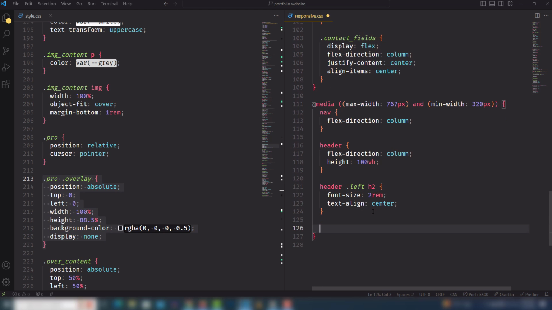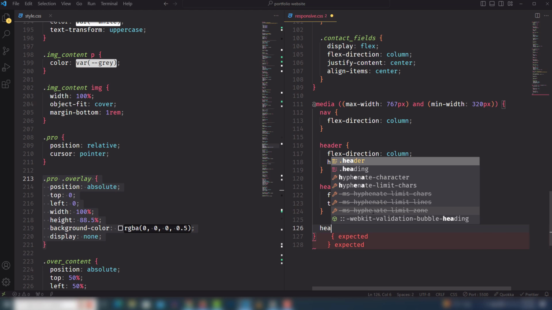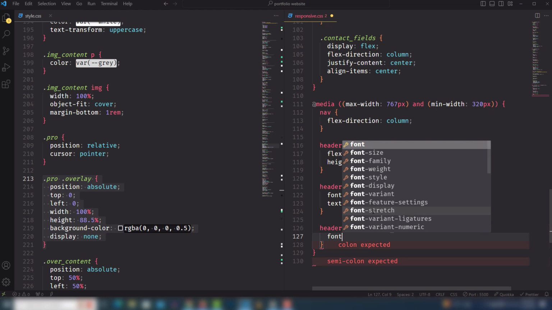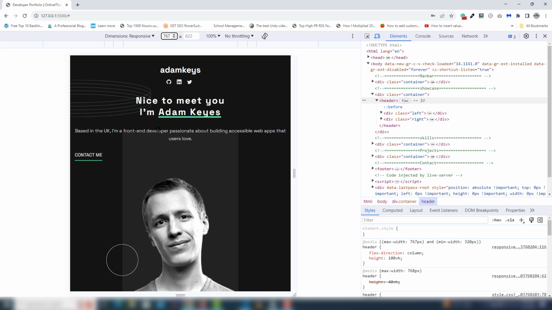And let's select the about, that is header left, that about. So I'll use font size 1rem, and I'm going to use width 100%. Text align I will use center. So we need to save it, and great. By the way, this is 768 pixel, but when you hit the small screen size, meaning 320 pixel,